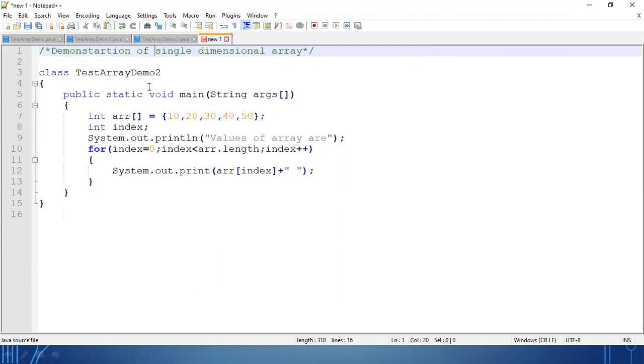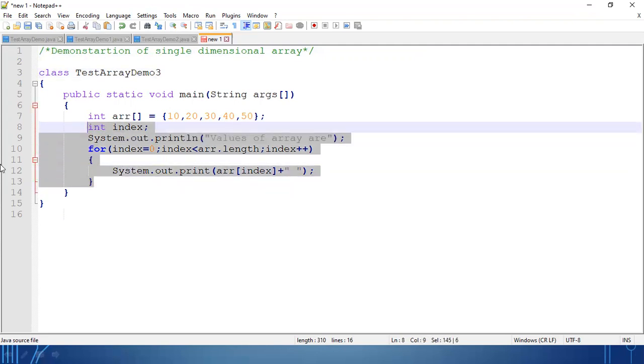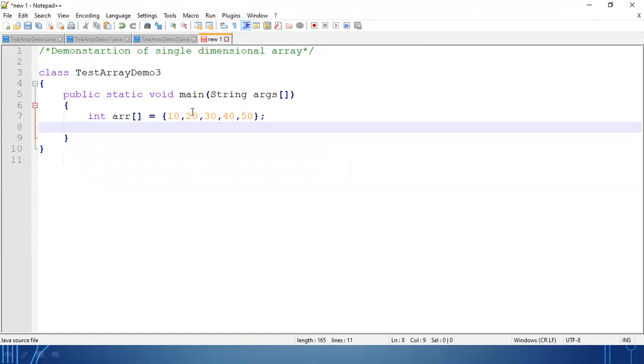J for Java. Let's give a different name. Okay, so randomly I have assigned some values.